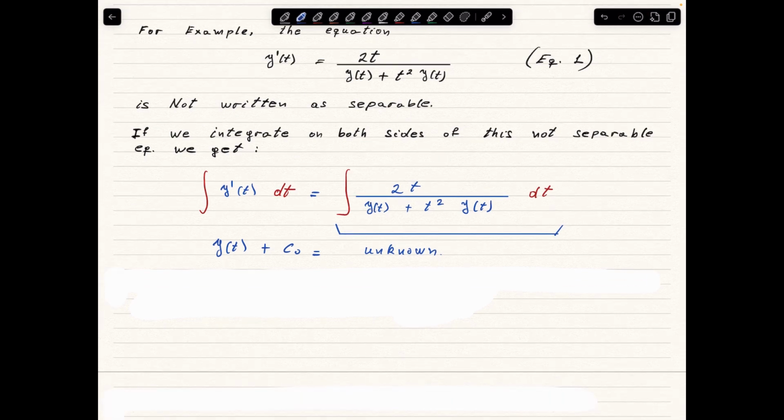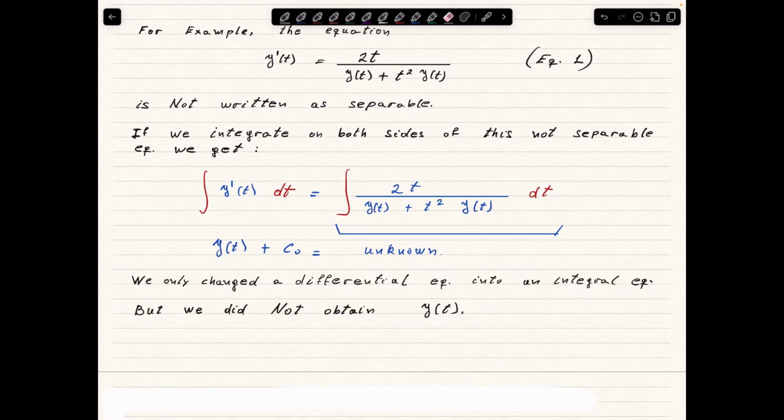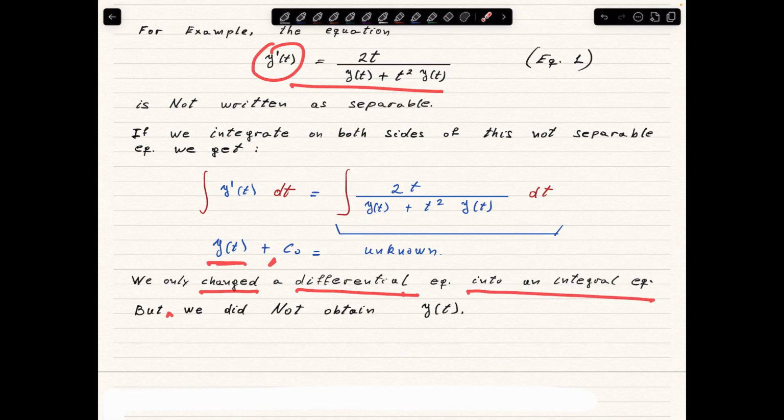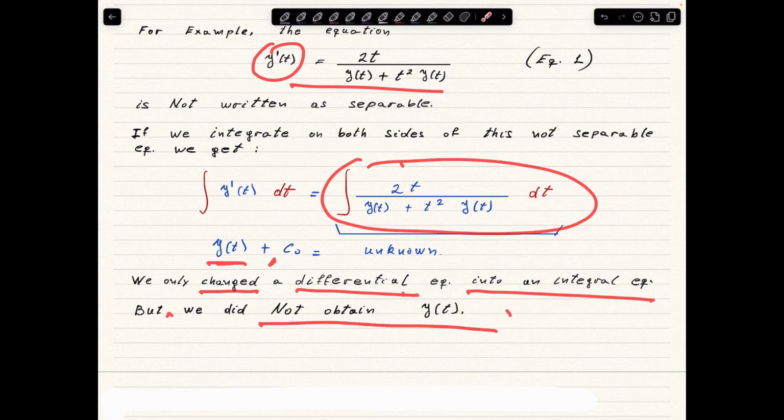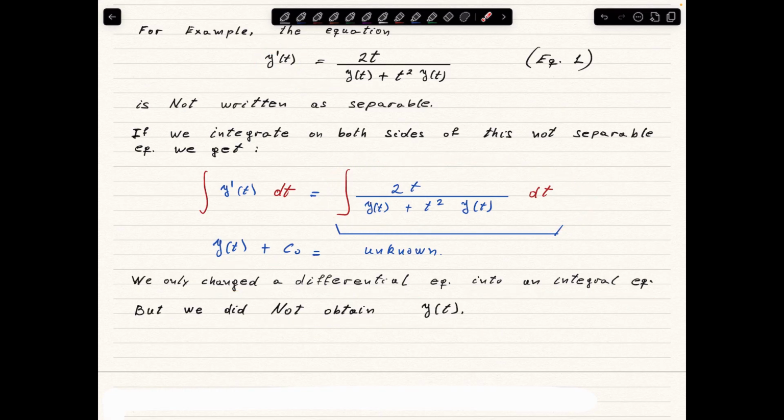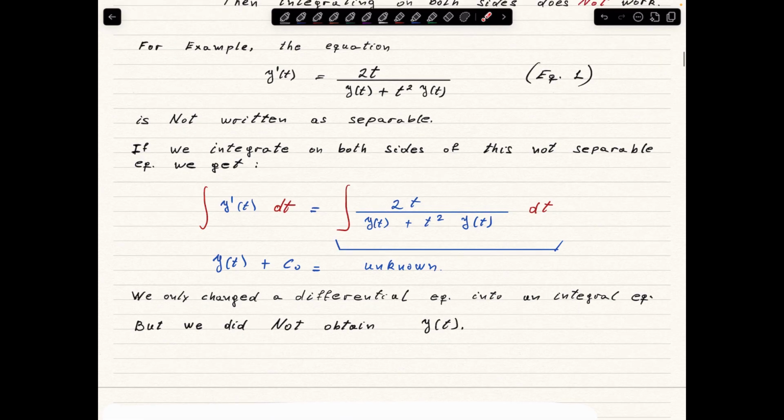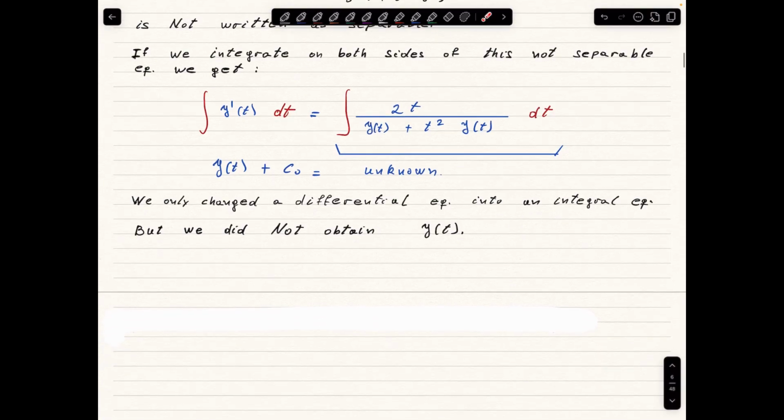So the only thing we have done by integrating on both sides of the equation is we have changed a differential equation into an integral equation, because now we have y and we have the integral of y. But we did not obtain y. So integrating on both sides of a differential equation in general doesn't do anything. But if the equation is separable,